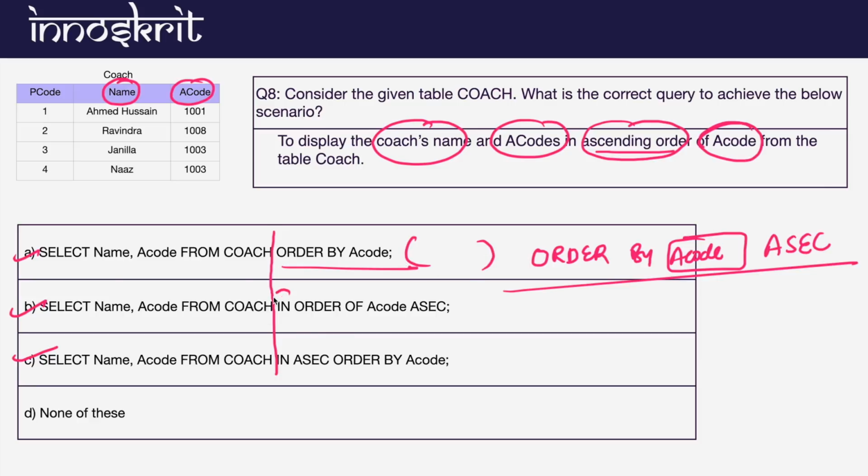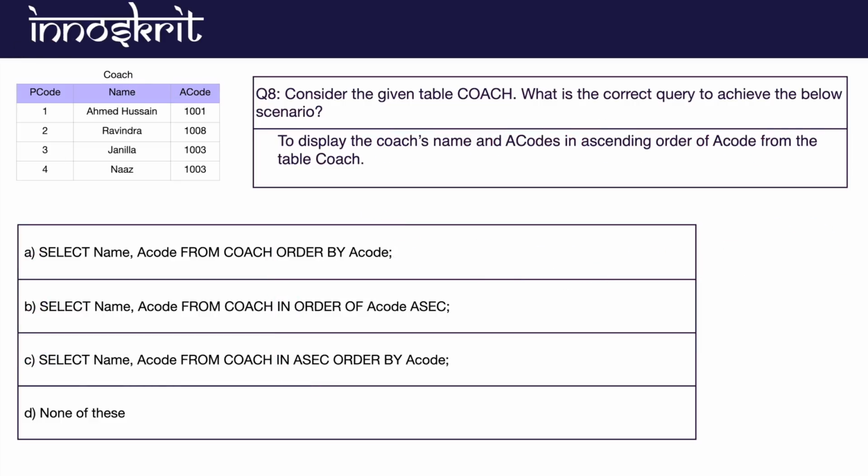Here you have the IN operator which is not going to be very effective. Again you have the IN operator which is not going to be effective. So you just simply use this order by A code, and by default it actually fetches the data on the basis of ascending order. So you don't really have to mention that. Fine. But if it had asked you to do this in descending order, then you would have looked for the option which has DESC. Fine. So option A is going to be the correct answer in this case, right?